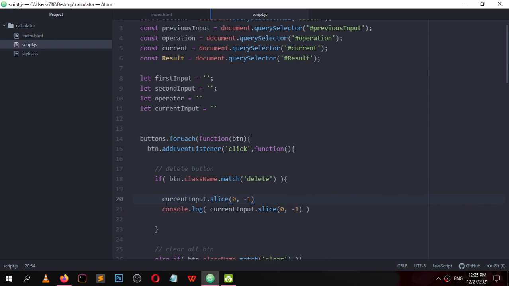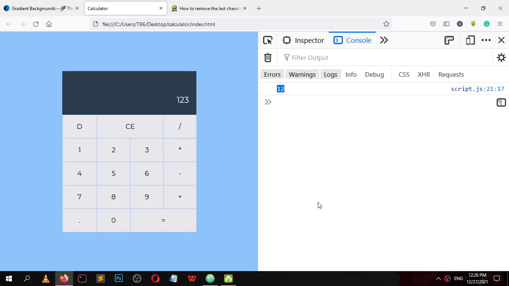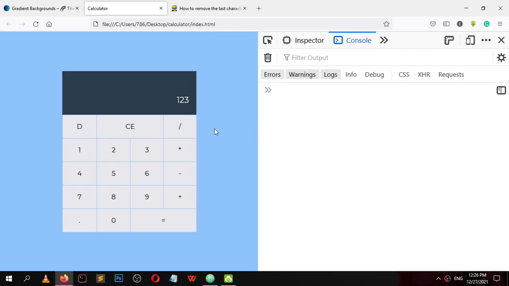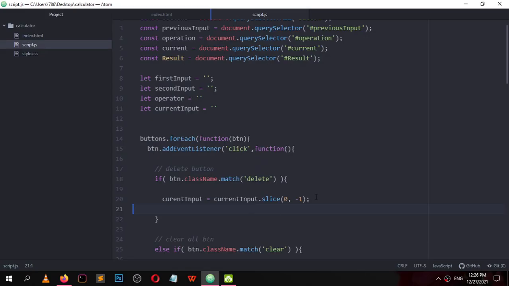and we want it to be set as current input equal current input dot slice this, and remove this line. 1, 2, 3, delete. And we also want to update the inner text.